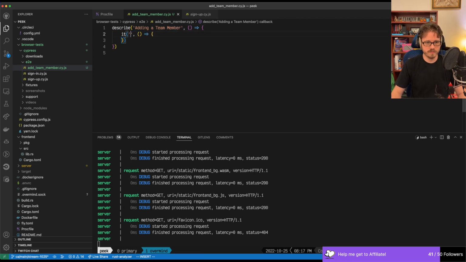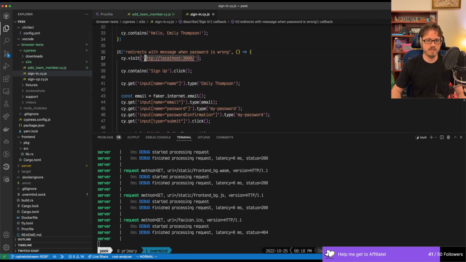Okay, so it remembers the team member. I don't know, it remembers the team member when added. I don't really know how we want this to say. Adding a team member, describe adding a team member, it remembers the team member. I don't really love it, but we're going to use that for the moment. And let's get started. Okay, so